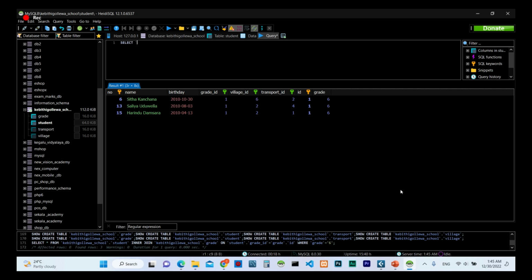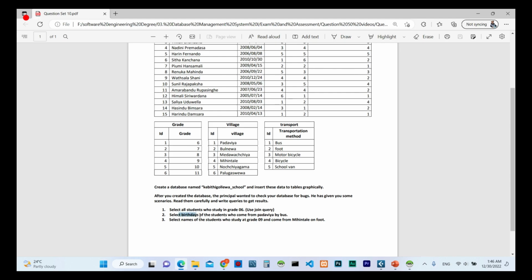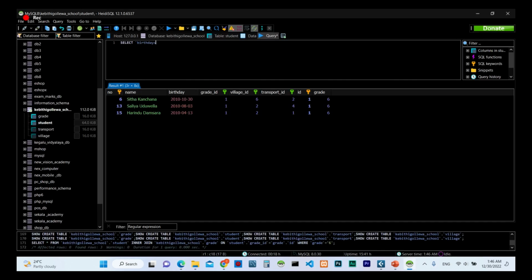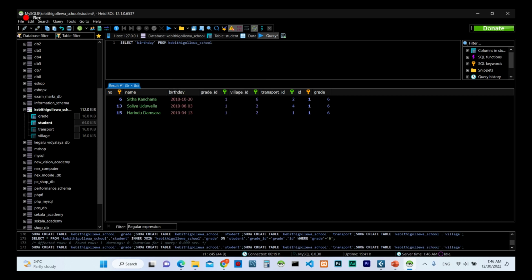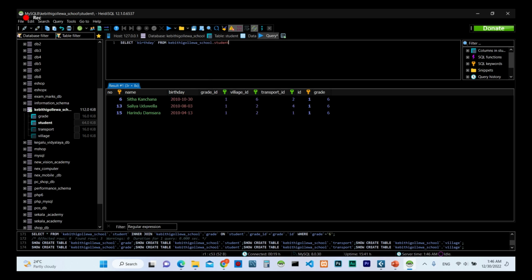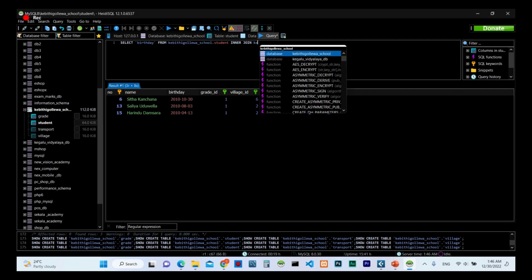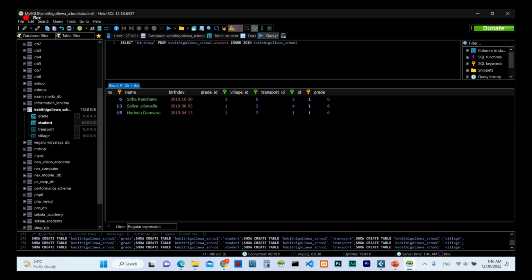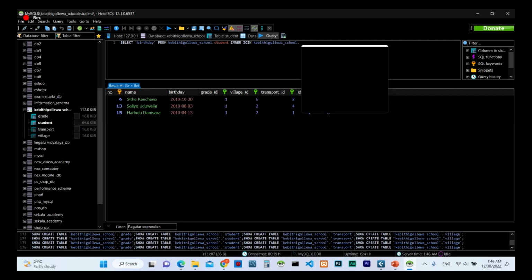The answer is birthdays, so select birthday from school dot table name student. Again I have to use a join query. Inner join school dot village table on